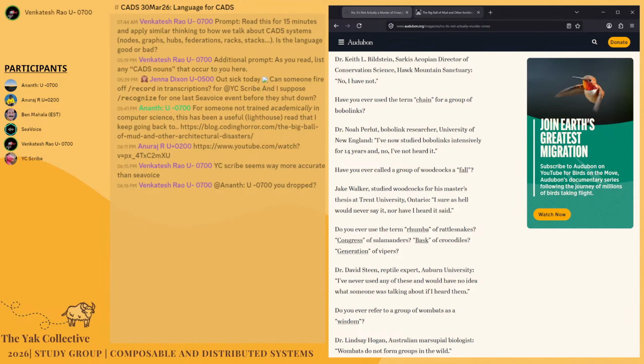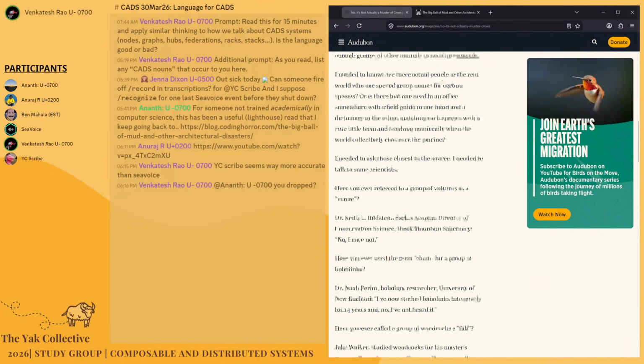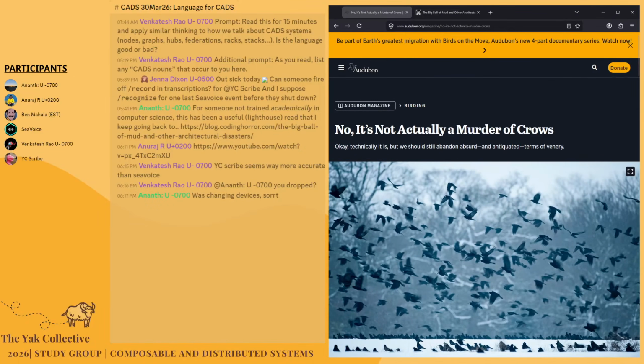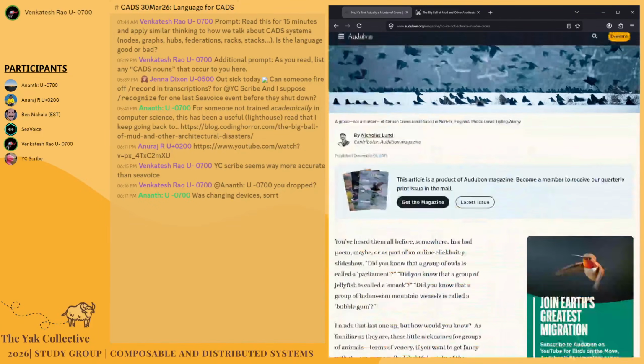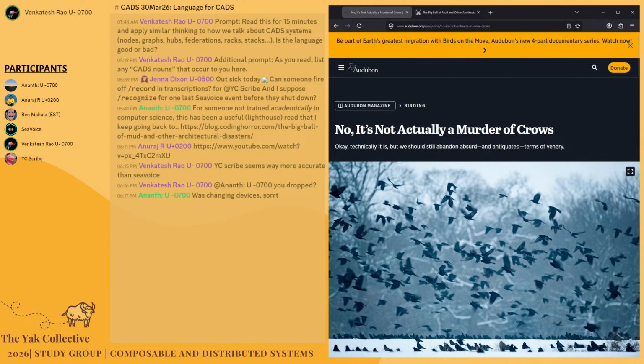All right, let's get started. This randomly crossed my radar, and it struck me as very funny, and also made me think of all the similar funny language problems with talking about technology. Just for a little bit of a creative change, I thought we could try and discuss this. One of the comparisons that struck me between all these collective nouns for birds and animals versus technology is